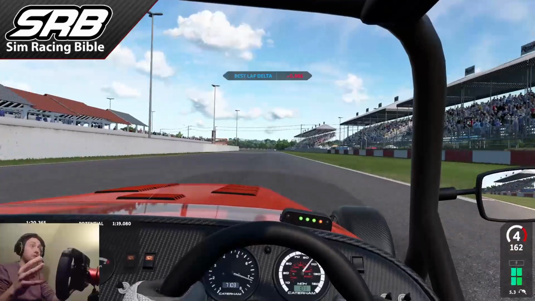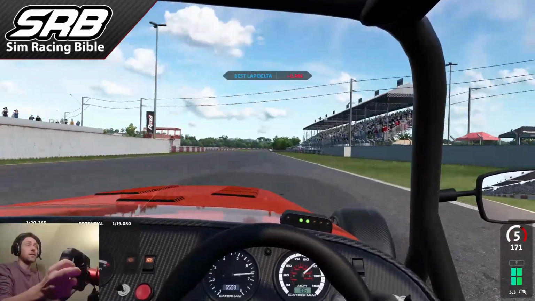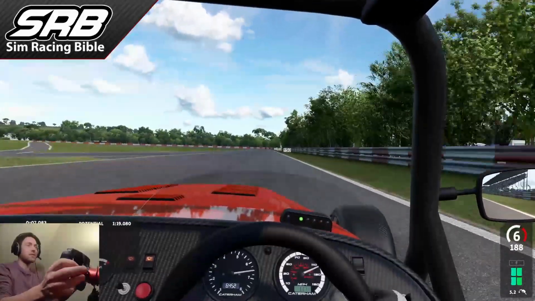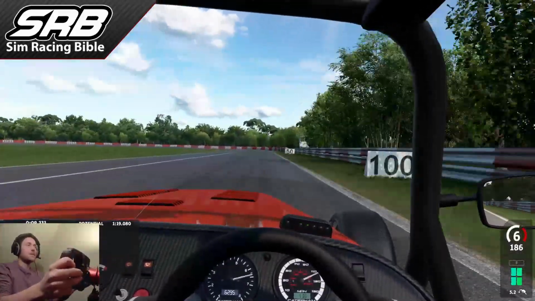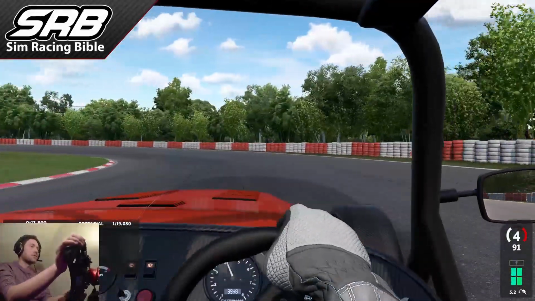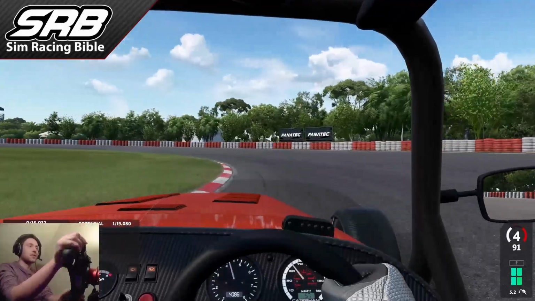Okay, so track number 4 on our list is this one, Guapore. Now this particular track is a lot more flowing than the previous one. It's a lot wider, but it's also got a lot of banked corners. Now this particular corner, I'm sure there's a video somewhere on the internet of a Formula truck going straight off